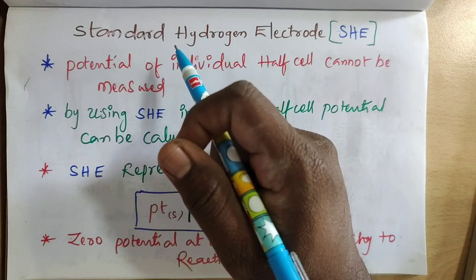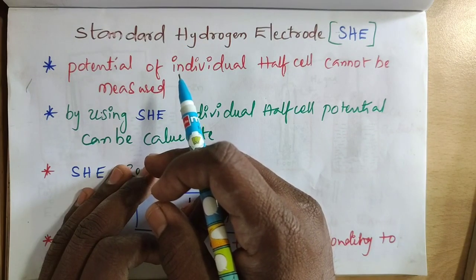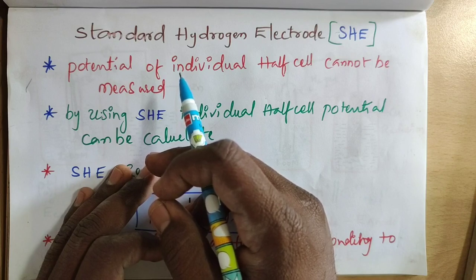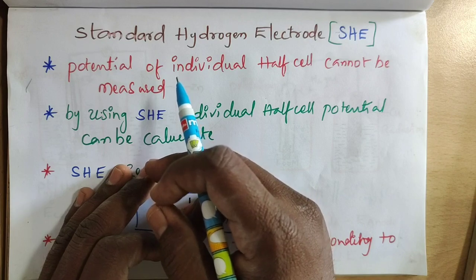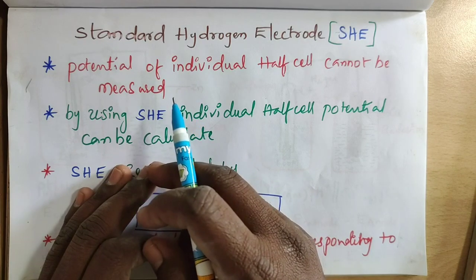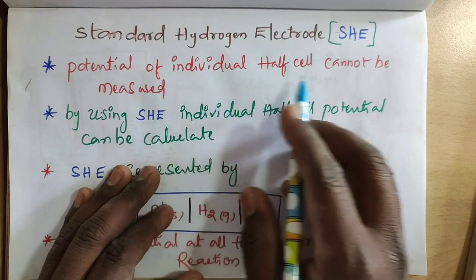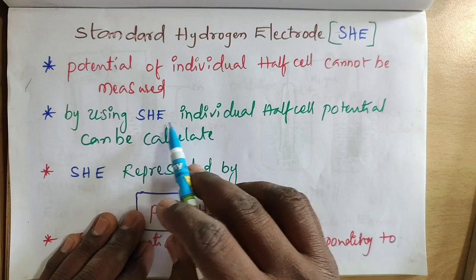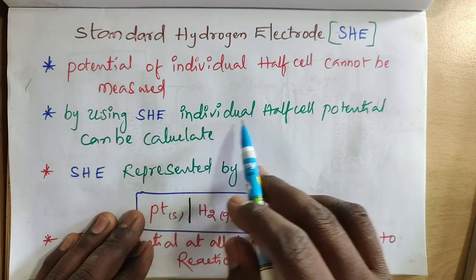The total cell potential is calculated by using a voltmeter, but we need to find out the potentials of the half cells. For example, what is the potential of the anode half cell and what is the potential of the cathode half cell? Okay, so that cannot be found out. The potentials of individual half cells cannot be measured, but by using SHE, the standard hydrogen electrode, individual half cell